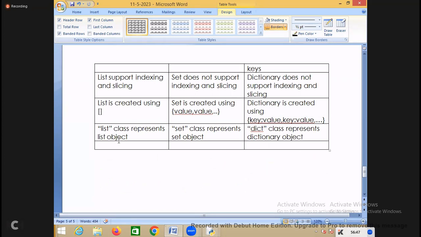List class represents list object. Set class represents set object. Dictionary class represents dictionary object. Okay, so in application development,